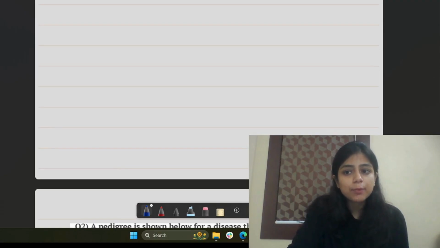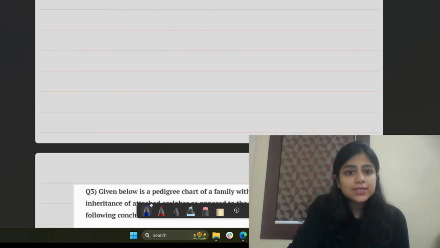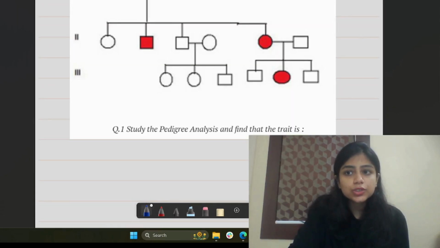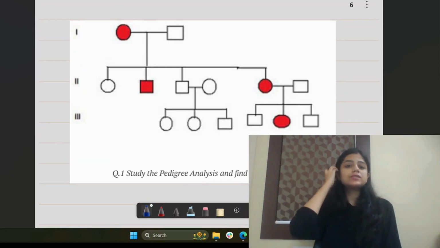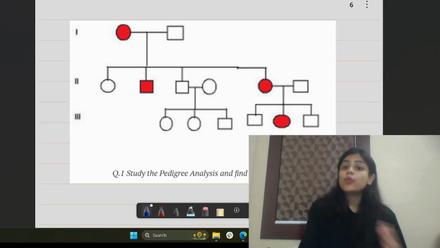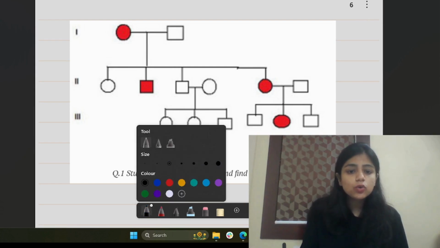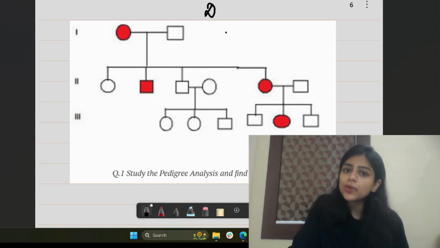Let's pick up one example that we have taken. There are a few various examples that I have taken which are important. Let's see here. The first question states that, from just above the diagram, you need to understand which pedigree analysis trait it is. See, this cannot be sex linked. Why is it so? First of all, let's know whether it is dominant or recessive. You can see here there is no skipping of generation taking place. That is why we consider it to be the dominant one.